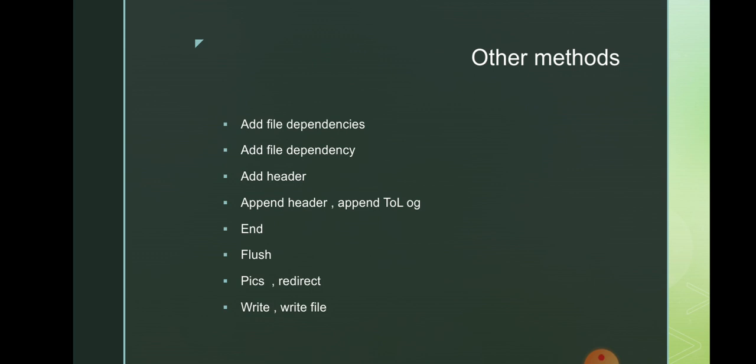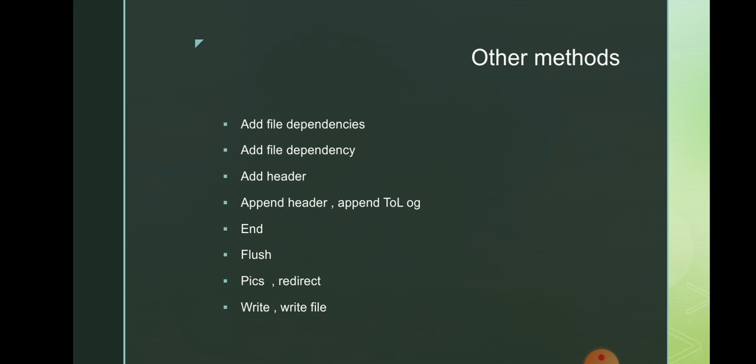Add file dependencies means adds a group of file names to the collection of file names. Next is add header. Sends an arbitrary HTTP header with the response. Next, append header. Makes changes to the HTTP header. Next, append to log. Append to log means append a string to the web server log entry for this response.